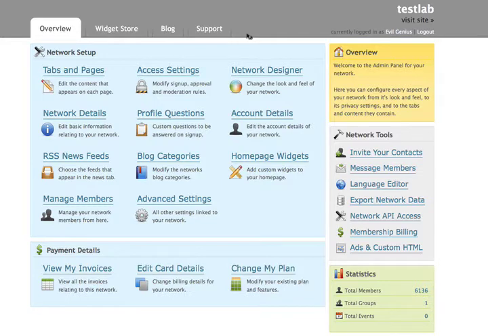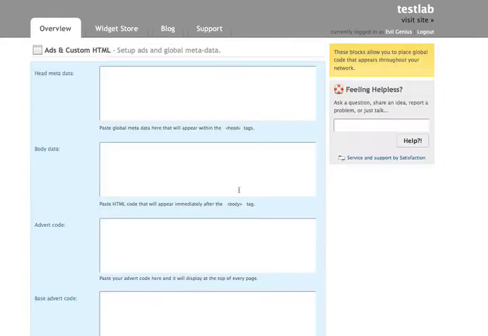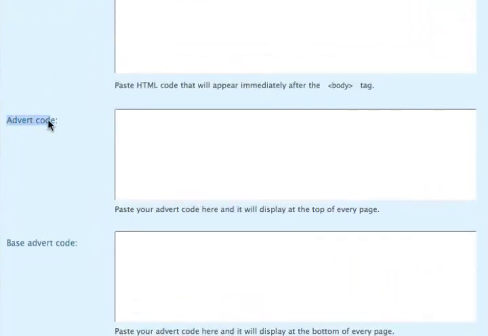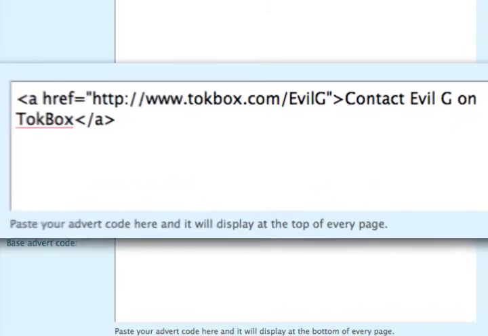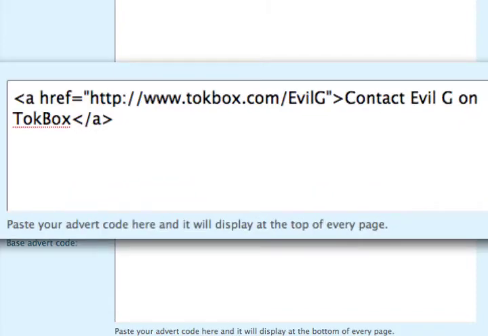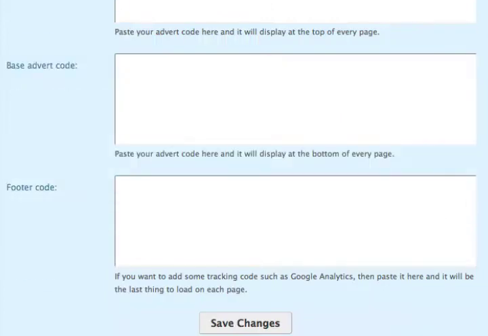Now let me show you something. If I wanted to just put this link in here, it'd be easy enough to do. I'm going to put it into the advert code section because when you do it says it will display at the top of every page. Now if I pasted the link by itself it wouldn't work, so I have to add a little HTML here and say a href equals quote, then the link, end quote, and then I can say contact evilg on TokBox. I then put an end bracket there. And this particular little piece of code will be turned into an actual working link. When I click Save,